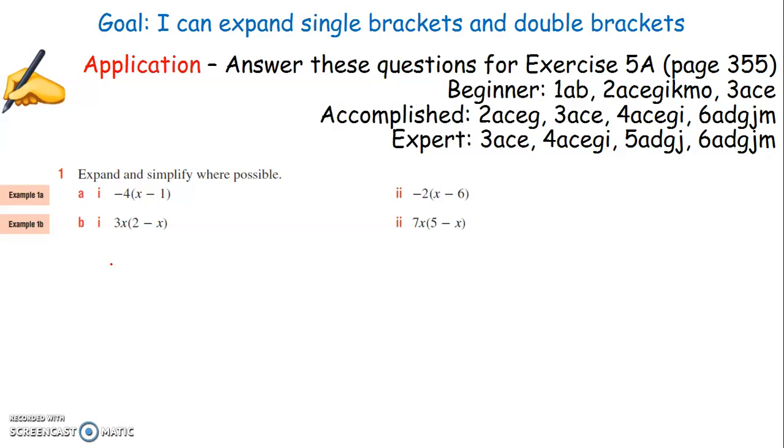So the first one here, question 1 asks us to expand and simplify where possible. So how do we expand? Let's start with question A, and we are going to go through how to expand as we go along. So a(i), and we have negative 4 times (x minus 1). So how do we expand? What we have to do is we multiply the number outside